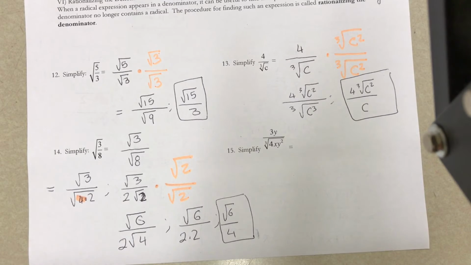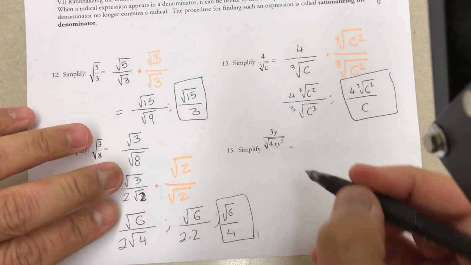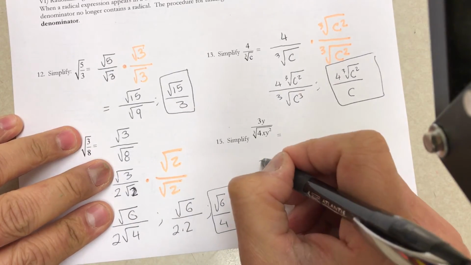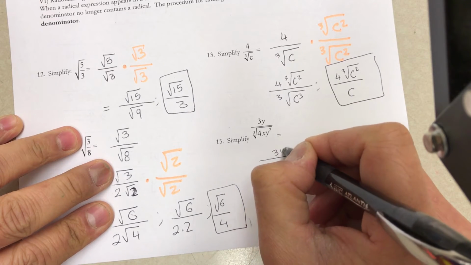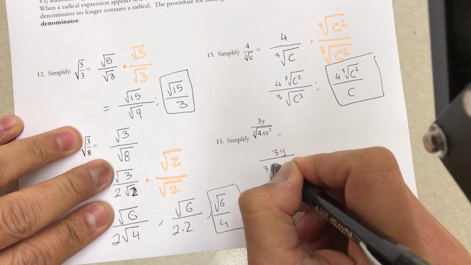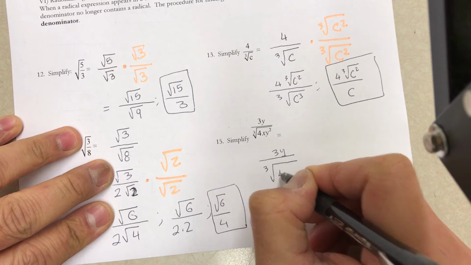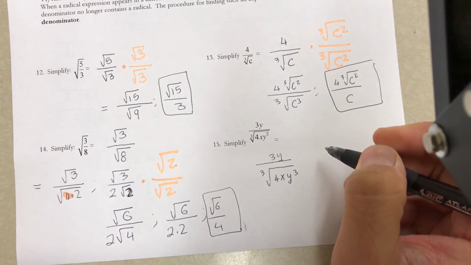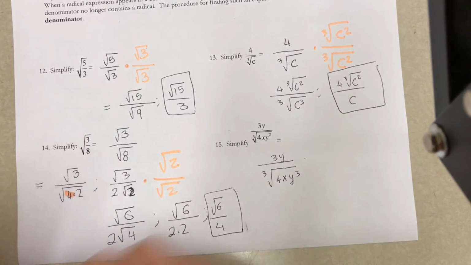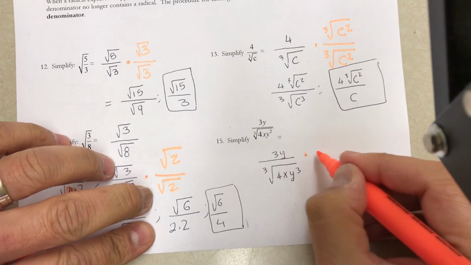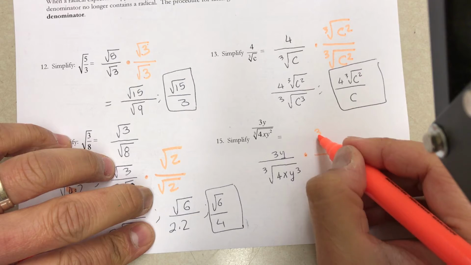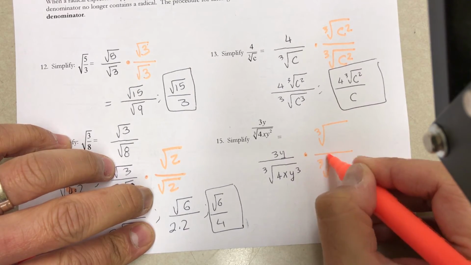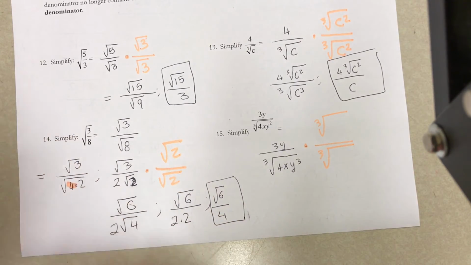All right, we're on to our last problem now. We got this situation here where we want to get rid of our denominator. We want to get rid of the radical in the denominator. So what I'm going to do is I'm going to multiply the top and bottom by the same radical. Okay, but you got to be creative here. So ask yourself,